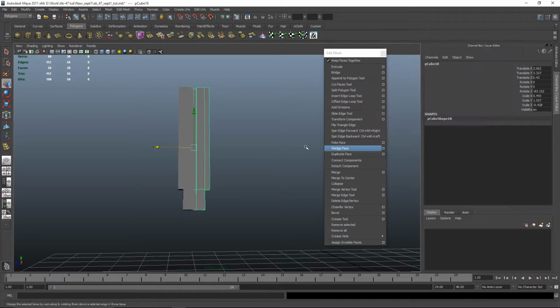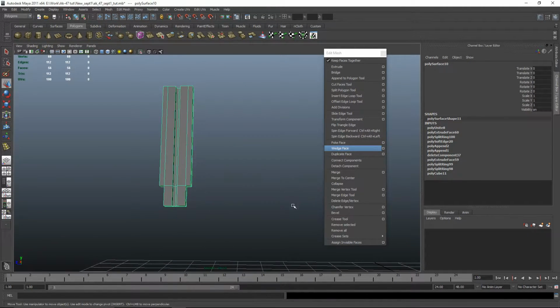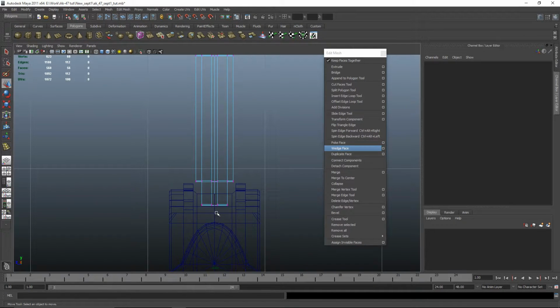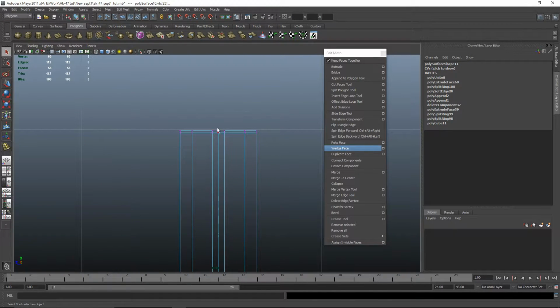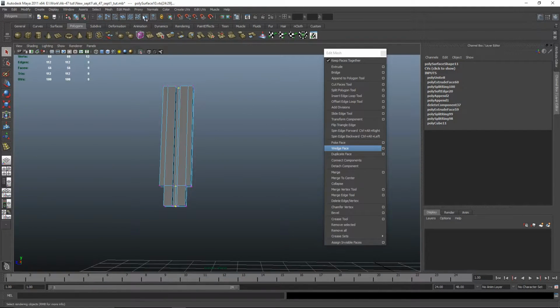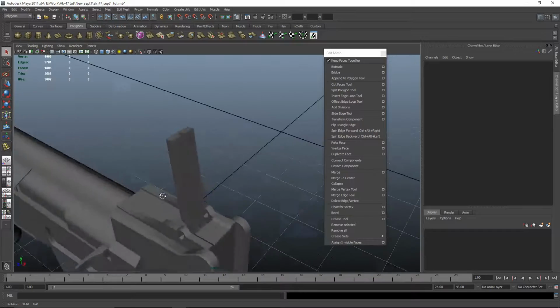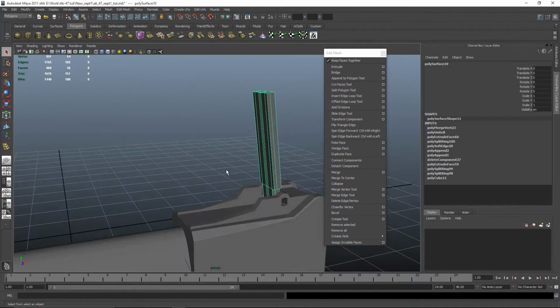Here we go. So mesh, combine, I'm gonna isolate it again to get it back, and select these verts, merge, here we go, something like this, and